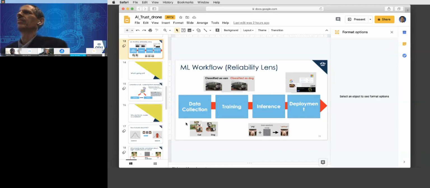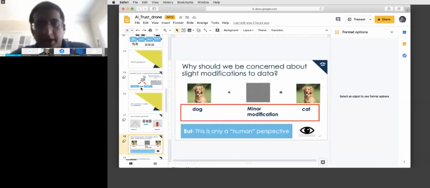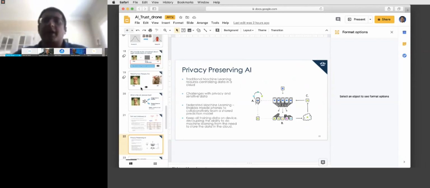So that's the reason why, if you recall, I had this slide on privacy preserving AI. To comment on the laws, I have to be mindful of the region. Every region has their own laws. I think Europe has their own laws, and other parts of the world have their own laws. So I would say that there is no universal legal framework that I've seen. Every country or every region comes up with their own laws that are driven by the appetite for maintaining privacy. So what one has to come up with is a way to